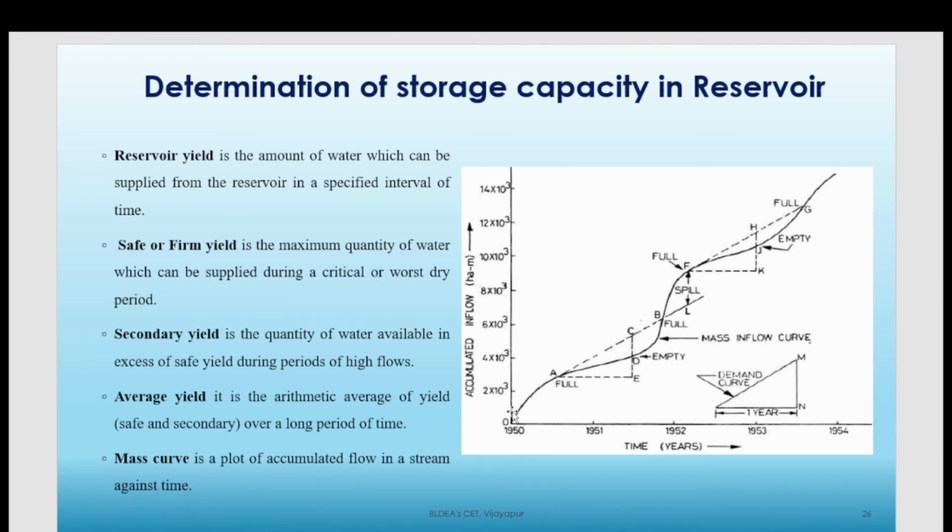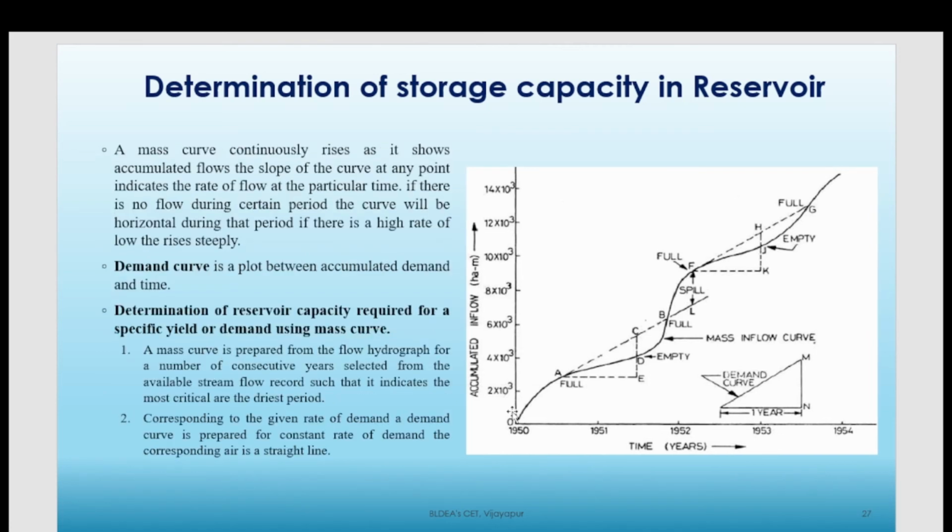After that, assume that there is no rainfall for a few months. On those days, the discharge is very less, right? Again, there is a rainfall period. Assume that 1 year completes, and in the next year there is again a sudden increase in the mass curve, because again there is rainfall. Because of the rainfall, the runoff will come, and because of the runoff, the discharge will increase. Because of the discharge, this level will keep on increasing. See here, this is what is happening over a period of 5 years or so.